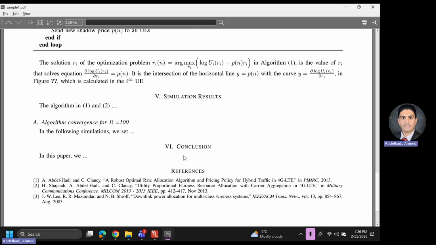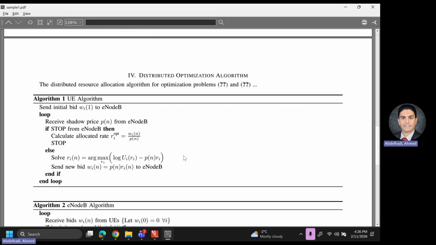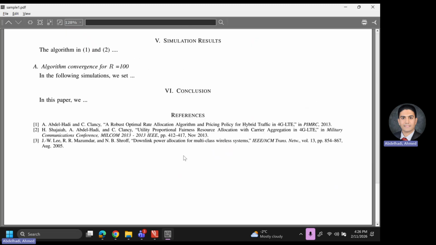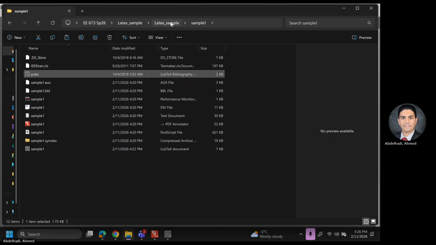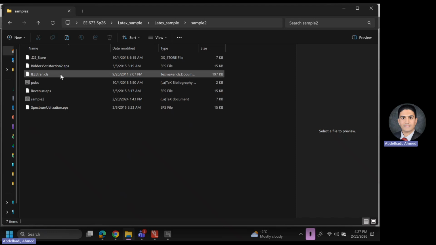Right. So the last thing that is remaining is the figures. So I left this for sample 2. This is sample 1 that doesn't have the figures included. Now, if you open sample 2, you will find that sample 2 has